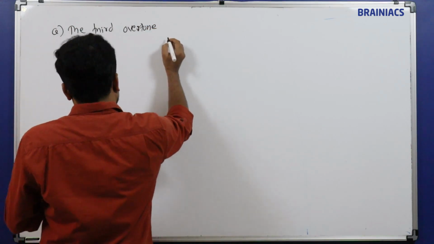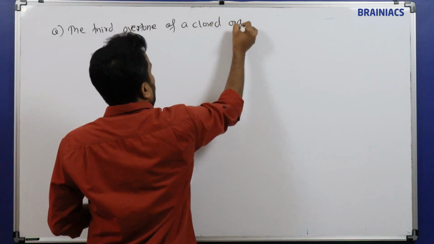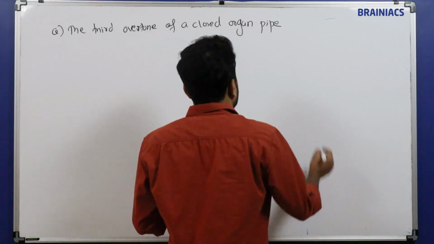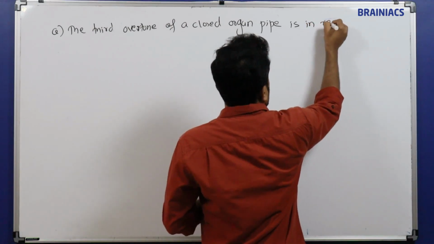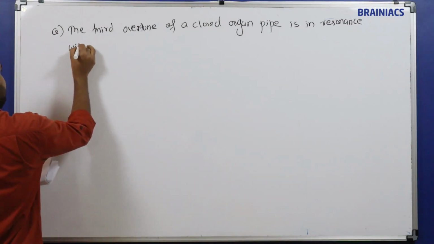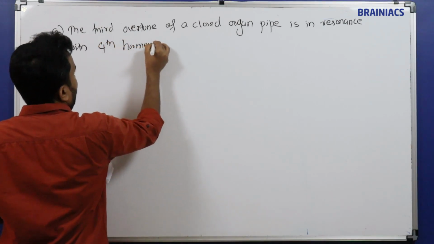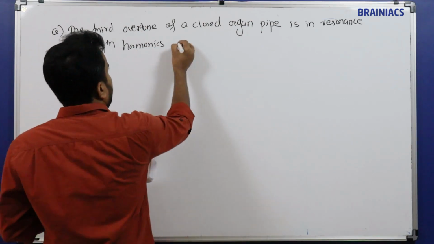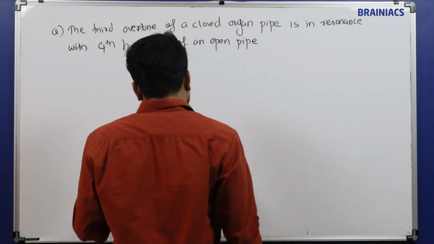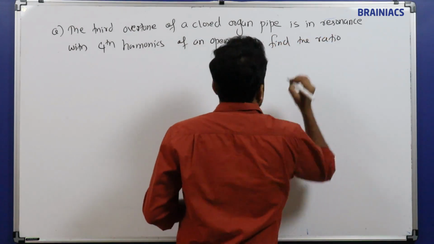The third overtone of a closed organ pipe is in resonance with the fourth harmonic of an open pipe. Find the ratio of